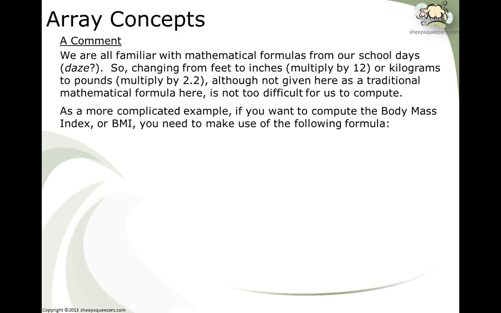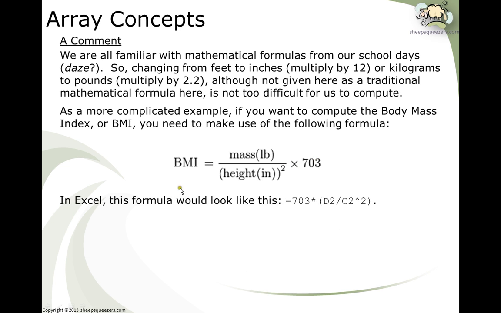you need to make use of the following formula. BMI is mass or weight in pounds divided by height in inches squared, and all multiplied by 703. In Excel, this formula would look something like this: equals 703 times D2 for the weight, divided by C2 for the height, squared for squaring of the inches, of the height that is, and